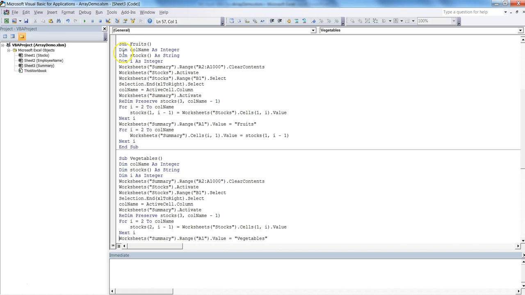Here basically what I am doing, I am just declaring one variable column name as integer data type, and then dim stocks as string, meaning I am declaring a dynamic array variable stocks of string data type, and then declaring one more variable I as integer data type, and then making the cell values cleared from A2 to A1000, and then worksheet stocks dot activate, meaning activating the stock worksheet,